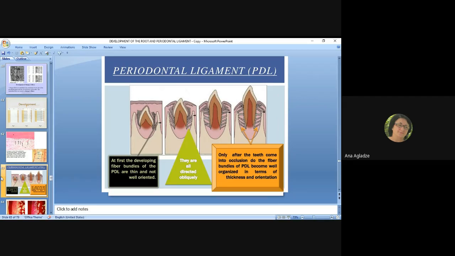At the alveolar crest, the periodontal ligament merges into the connective tissue of the attached gingiva. At the apical foramen, the periodontal ligament tissue merges into the pulp tissue. The periodontal ligament fibers are formed by fibroblasts. You know that the main cell population in the periodontal ligament is fibroblasts, which are connective tissue cells, and they make up roughly 50% of the cells in the periodontium. And these cells form collagen fibers,